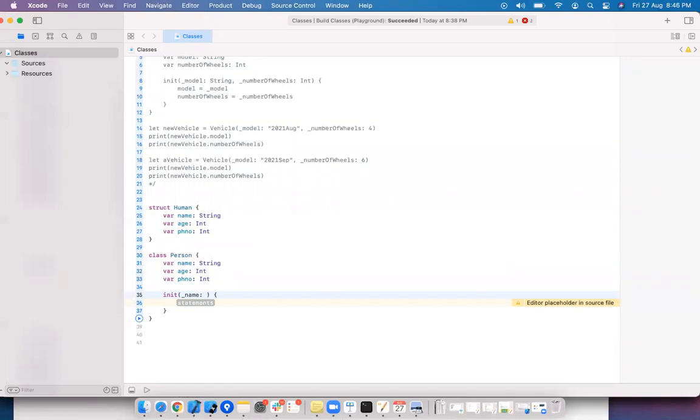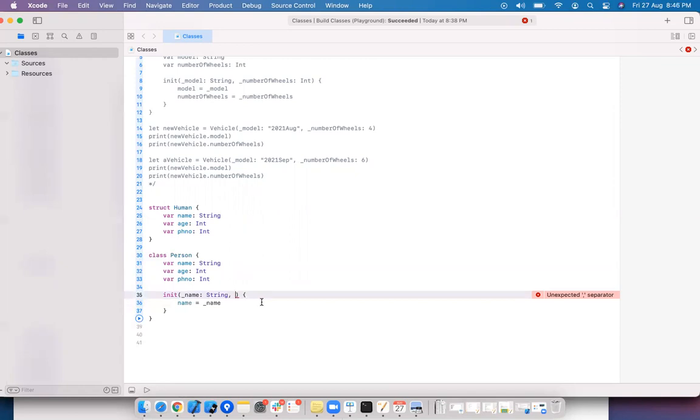Name is a string, so I want to pass a string so that I can assign it to the name. Name equal to underscore name. Just to differentiate, I'm using underscore here because these are local arguments or input parameters. These are properties of a person, but these are simply temporary variables, or arguments.